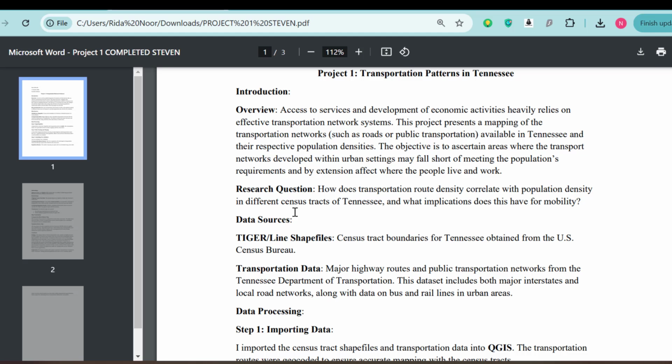Access to services and development of economic activities heavily relies on effective transportation network systems. This project presents a mapping for transportation networks available in Tennessee and their respective population densities. The objective is to ascertain areas where the transport network developed within urban settings may fall short of meeting the